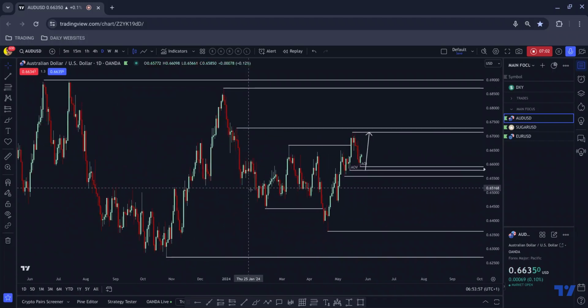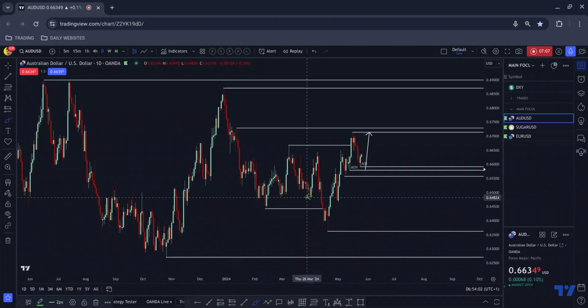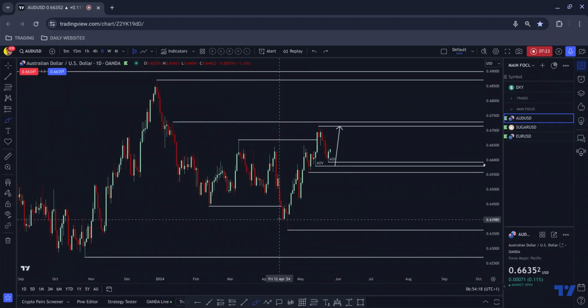But we have this structure here where we break below there, but fail to tap into this area here. We scoot back round, we break below, catch people on the wrong side of the market who believed this was going short. You can even see where many people thought this was that support became resistance, because they thought this was a retest to get short, and you could have made some profit in there. But as I said, you're capping your profits by constantly trading these so-called retests. So we then push to the upside.